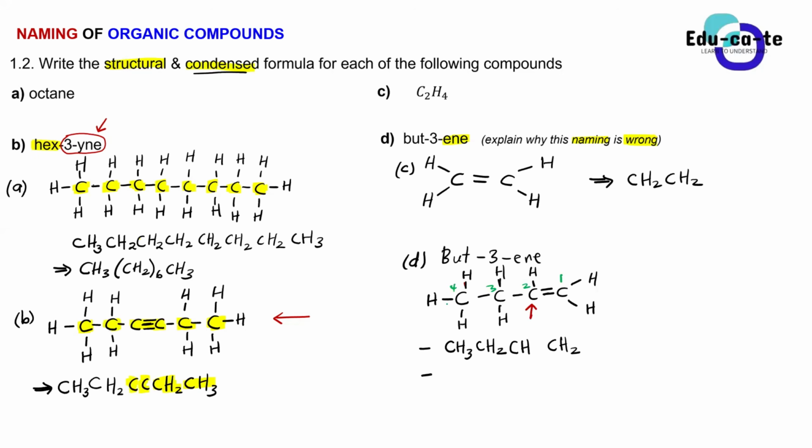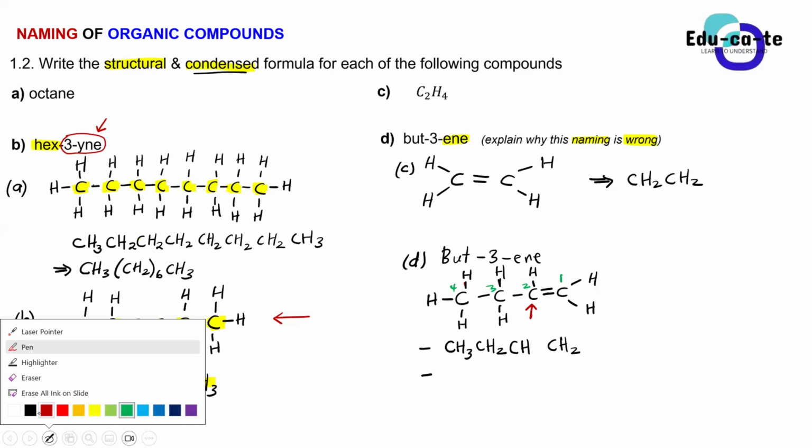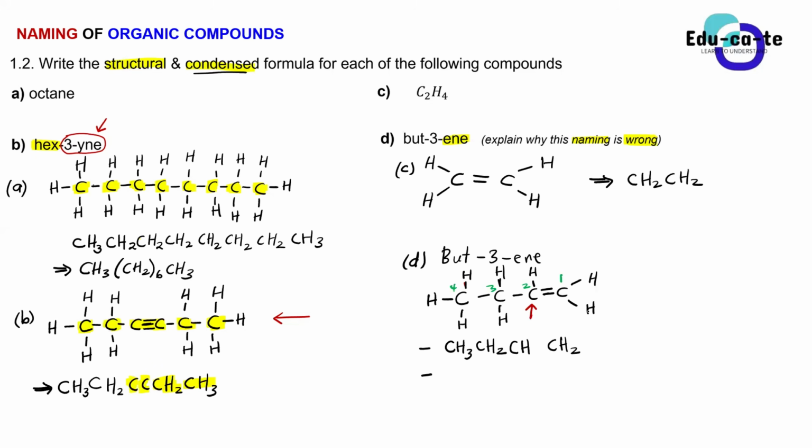The reasoning is basically you drawing the structures, but you need to explain and say, if you use the IUPAC standard of naming, definitely the double bond is on carbon number 1. So basically, the double bond here is on carbon 1. You can use whatever English you want to explain, but at least draw the structure so that you can properly see why you dispute the given name. So the functional group or the double bond can never be on carbon 3. You can say that it can never be on carbon 3, or you can say that it is on carbon 1.